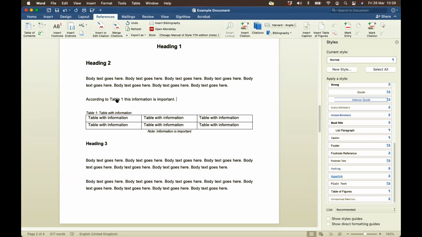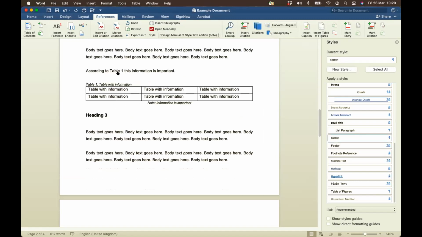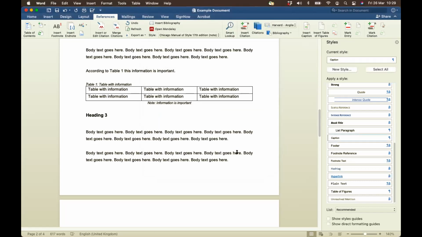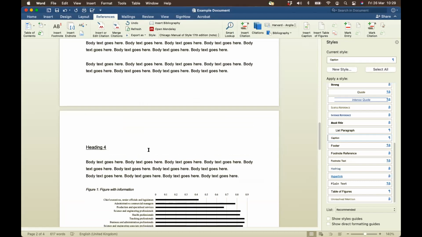okay, so now you have Table 1 in, and you'll see that this is a hyperlink. There's this little tick box here that says insert as hyperlink, which means that if someone clicks on this table or this link, it'll actually take them to Table 1 in your document. The same